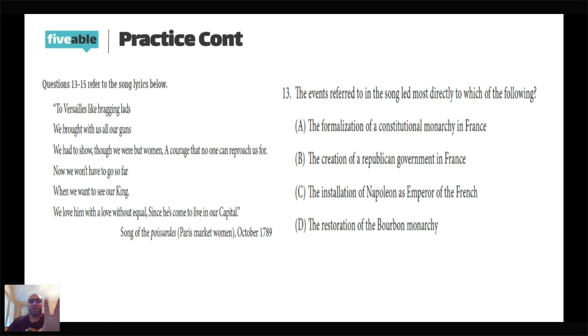So there are key words that you can look for that will tell you what the historical thinking skill is. Okay, so let's say it's continuity and change, right? If it's an LEQ, one of the things they could say is evaluate the extent to which the roles of women stayed the same between the time period of 1750 and 1900. If it said that, the words "stayed the same" are a hint that it's CCOT, continuity and change over time.